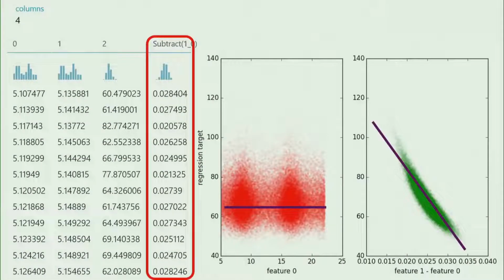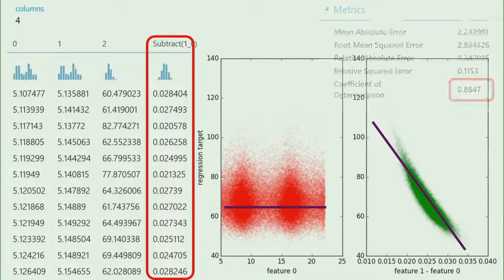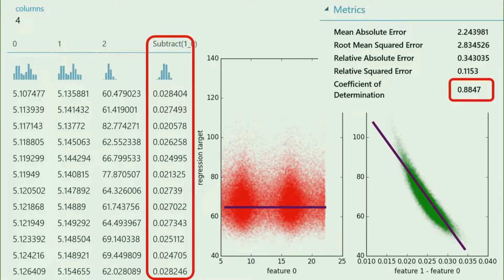This is an example of having to massage your features to get them into a form that's useful. Machine learning algorithms don't do this automatically. They each have their own quirks. There are certain types of relationships that some are better at pulling out than others. None are good at pulling out all the possible relationships. So knowing something about where your data came from and what it means can help you do this beforehand, and then it just gives your algorithms a leg up. And sure enough, the coefficient of determination is now very close to 1, 0.88.